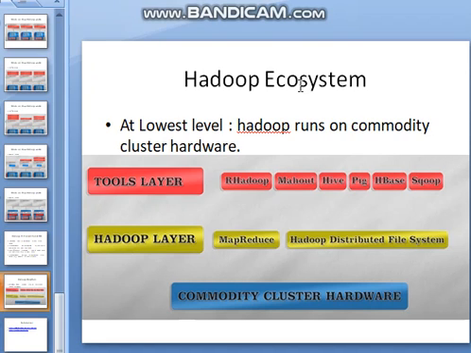At the lowest level, Hadoop just runs on a commodity cluster, software and hardware. The first layer is the tool layer. That is NoSQL. Hadoop doesn't support SQL. It only has NoSQL. It's R Hadoop and Hive, Pig, HBase, and Sqoop, and all these systems. These are all new tools, and this is the main layer of Hadoop that sits at the top, and then